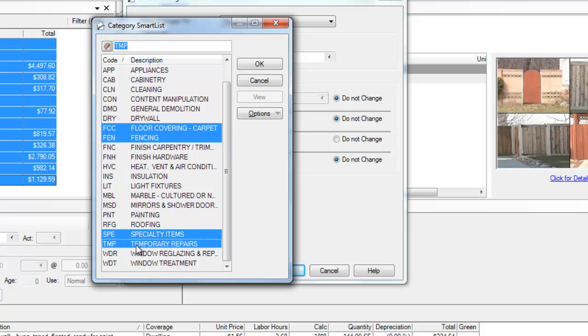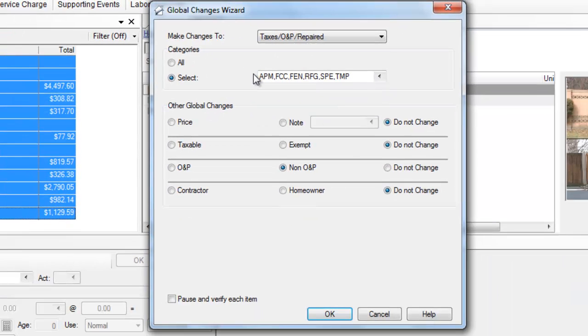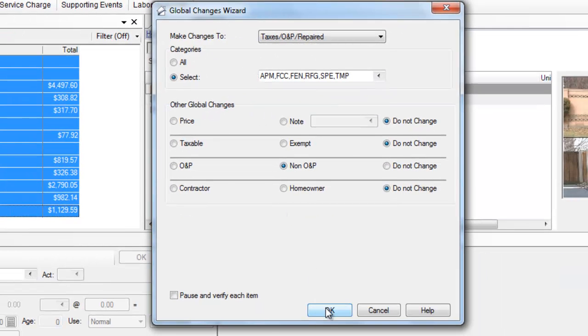Okay, here's an interesting thing. Temporary repairs. This was a repair that was made to the roof, a temporary repair. It's already paid, and because it's already done and paid, it was done by a handyman, it's not going to get O&P either. Okay, and there's roofing. Okay, so see these items, multiple items highlighted? When I hit OK, it's going to list them right here. Here are the trades that are not going to have O&P in my estimate. Okay. Now when I hit OK,